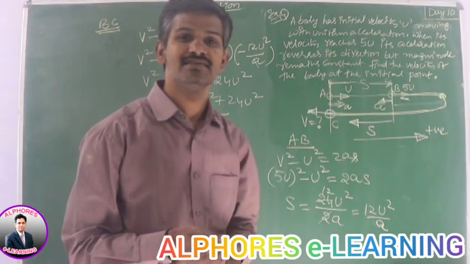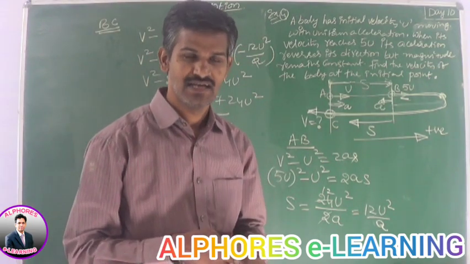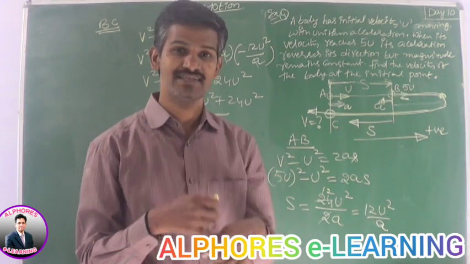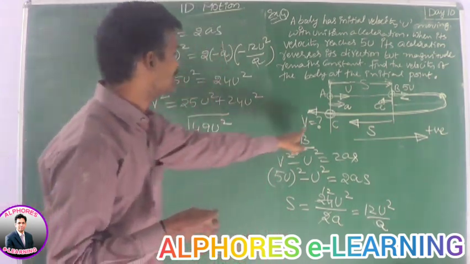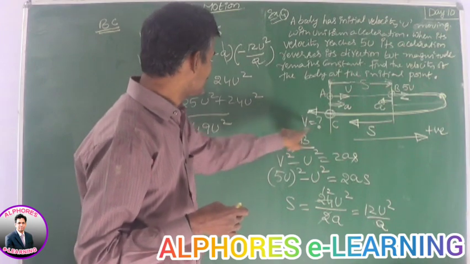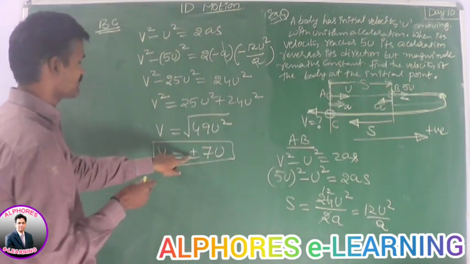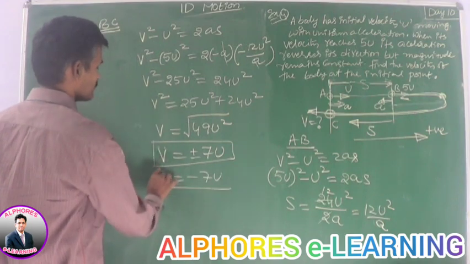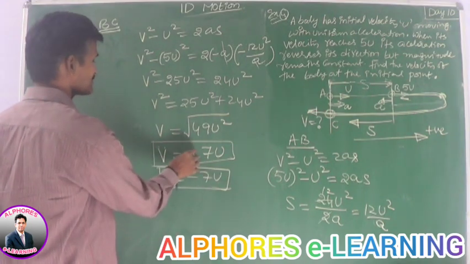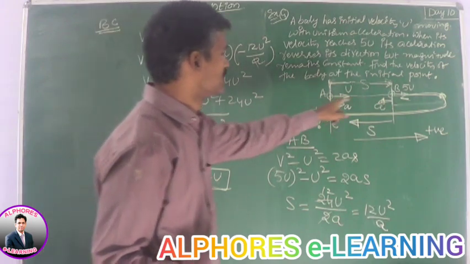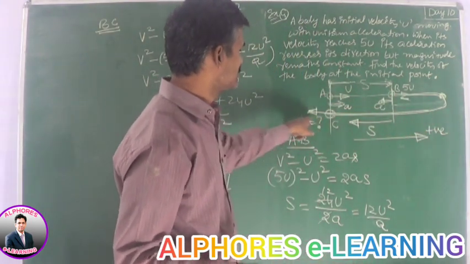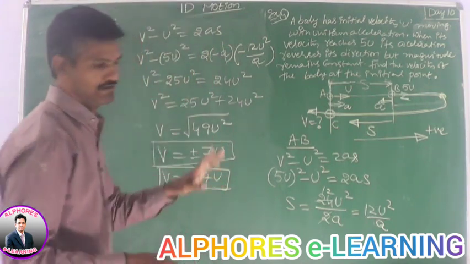We already discussed that there is no separate deceleration. Acceleration is said to be deceleration if its direction is opposite to velocity, right? That is why here the velocity v is 7u, but this is not plus 7u. This v is minus 7u. Plus 7u is not acceptable here. From the situation, this is traveling in the negative direction, negative side. That is why this is minus 7u.